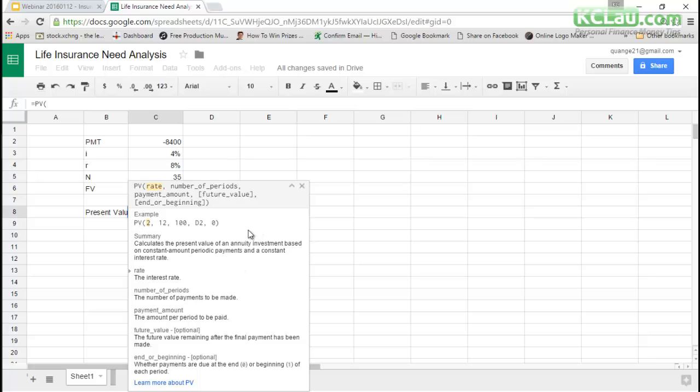So basically you have to assume everything is constant, then only you can calculate using these formulas. So the first one you want to key in is the rate. So in the rate, do you key in 4% for I using the inflation rate, or do you key in R using the return rate? This is my question to you. What do you think? Should you use I or should you use R for the rate, for the interest rate?